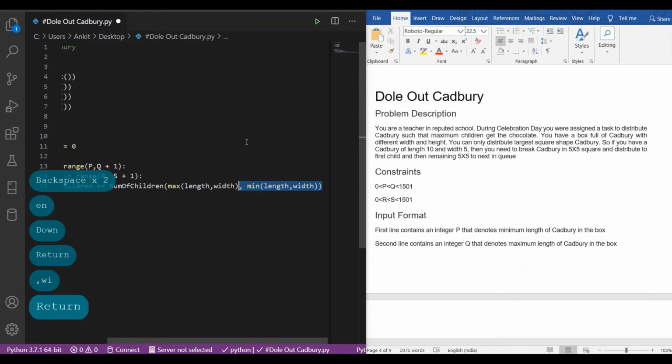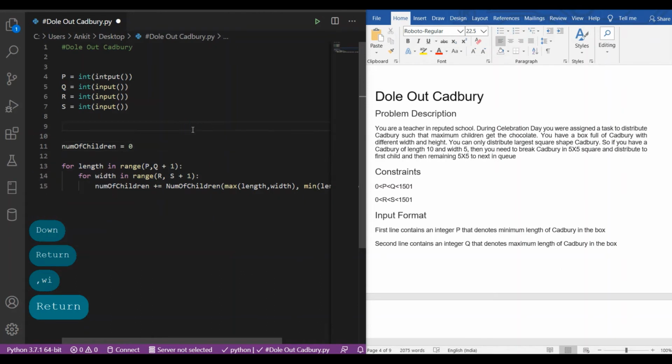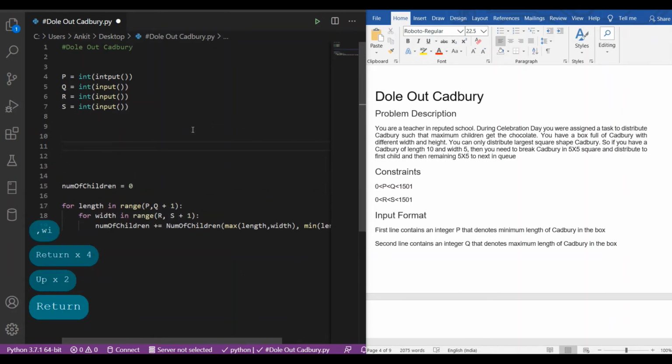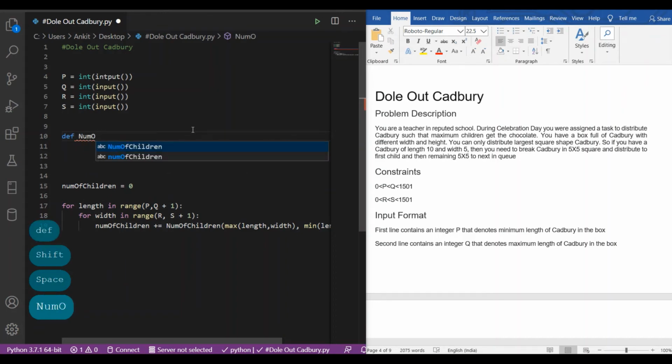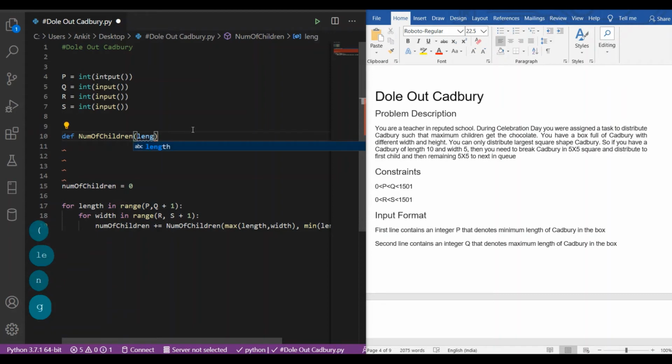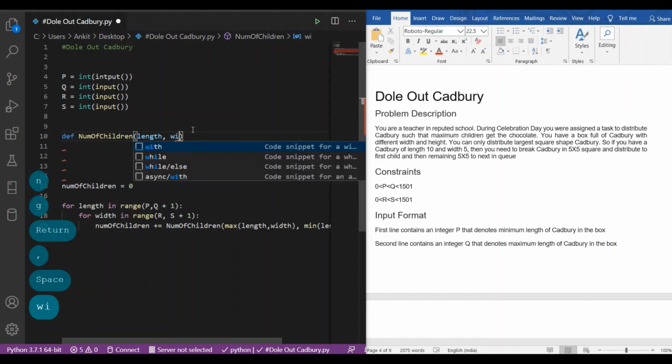So now we have to create the function. Let us create the function. We are using recursion to solve this problem. The maximum value of the length and width we will call the length, and the minimum value from the length or the width we will call the width.